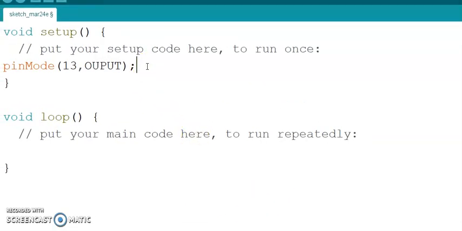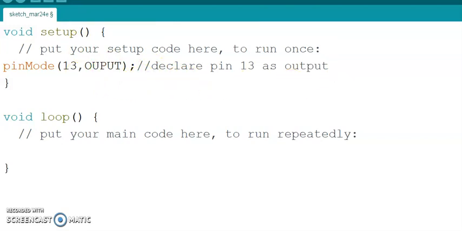You can write your comment after your code using the //. So I am going to declare pin 13 as output. Every time while programming, make a practice that you are going to write the comment after your statement.